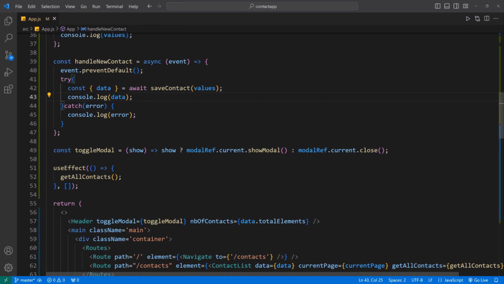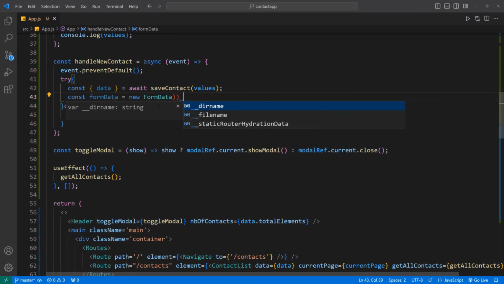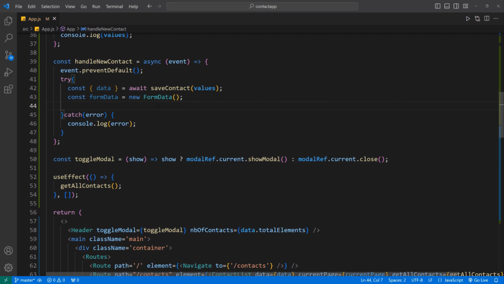If we go back now, once we get this data, we want to send another request to save the pic, because now we have the data, which is the new contact with an ID. So what I'm going to do is say, okay, now that I know the new contact at this point should be saved in the database and they should have an ID, I'm going to define a form data because we need to send that form to the backend. So I'm going to say form data, call the constructor,